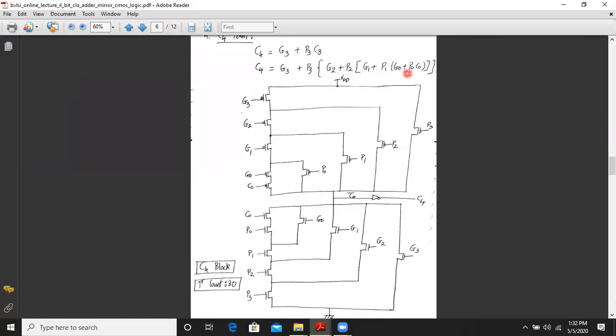Yeah. So first we'll start with the C4 expression and the innermost term, that is P0 C0. As you can see, they are in series over here. So NMOS transistors will be in series with the input C0 P0. That will be in parallel with the NMOS transistor with the input G0. This combination is in series with the NMOS transistor with the input P1, and the entire network is again in parallel with the NMOS transistor with the input G1, and this structure is in series with the NMOS transistor with the input